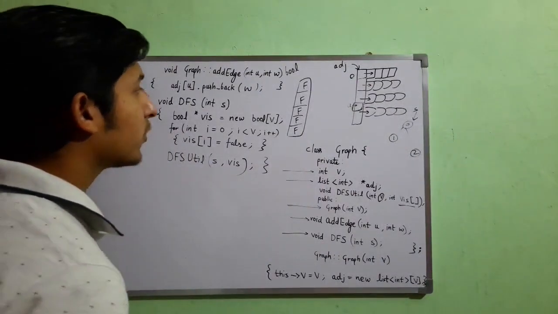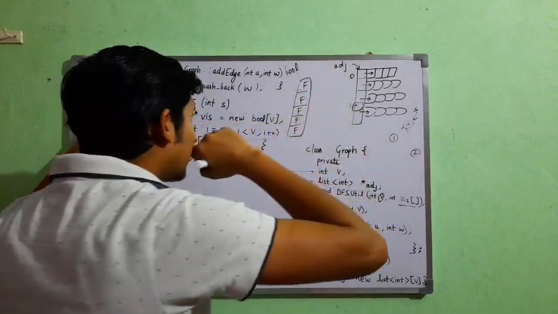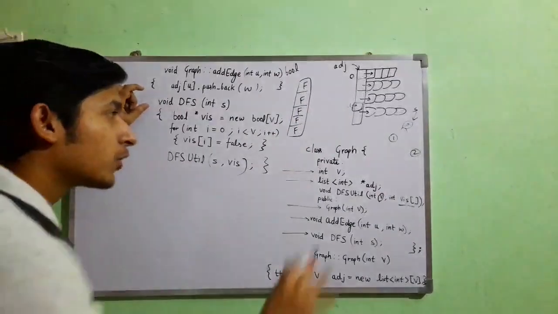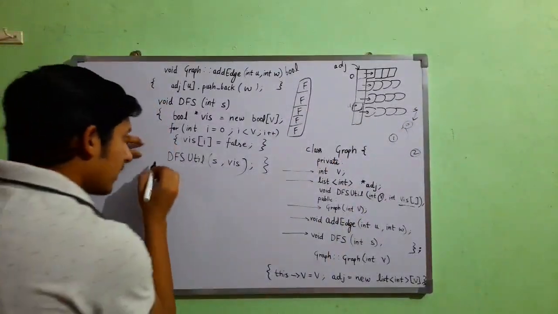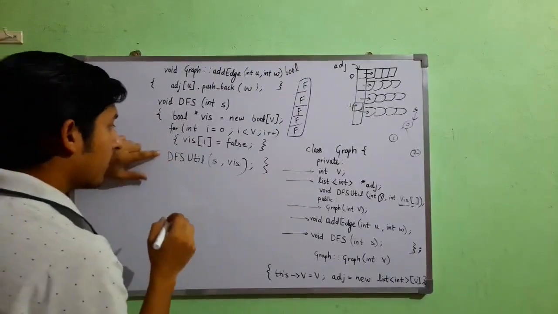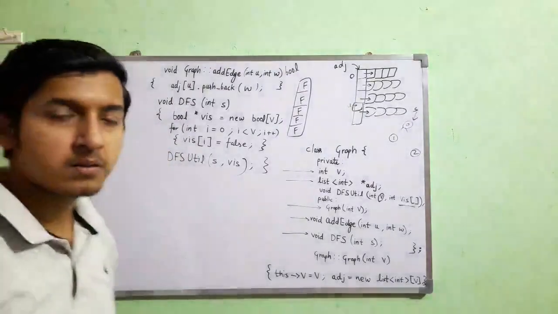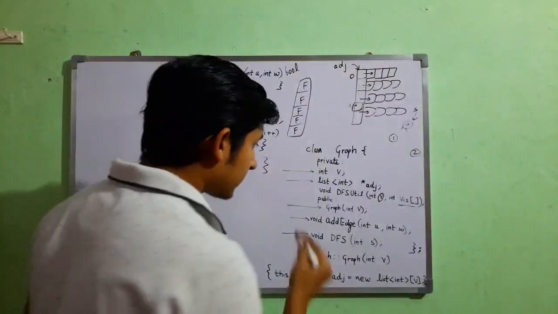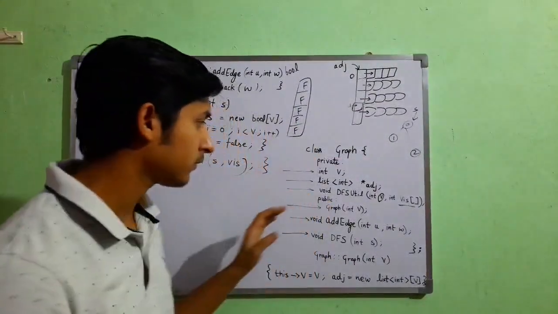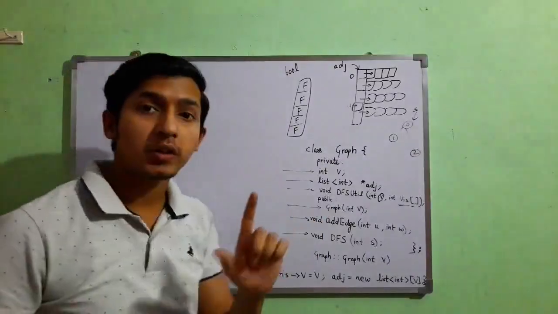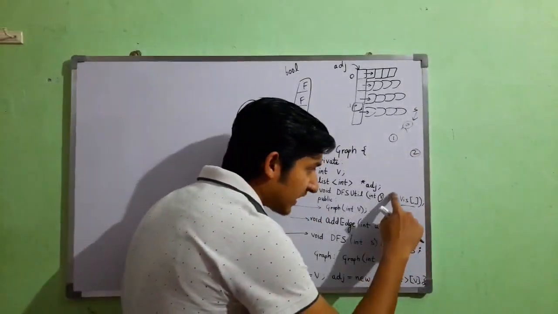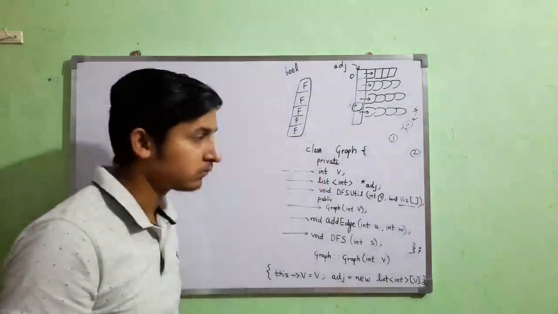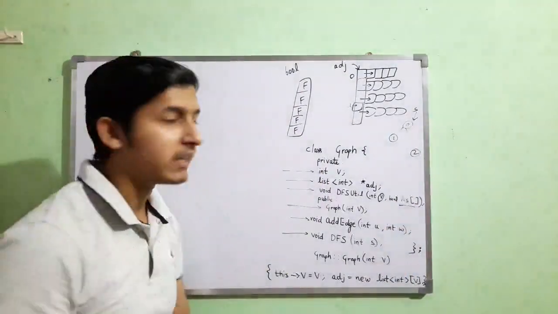So what DFS is actually doing is initializing a one-dimensional array with false, and the size of this array is the number of nodes in the graph. Now I actually started my search from this s by calling this function. Now I will write the function for this dfs util at the end of our code. One more thing I just noticed, I wrote int here, actually it's boolean, because viz or visited is a boolean array.